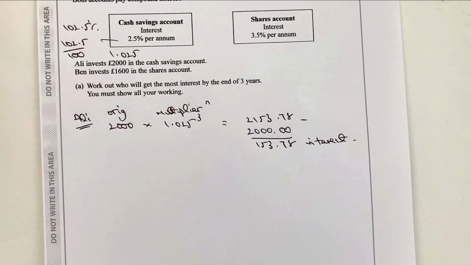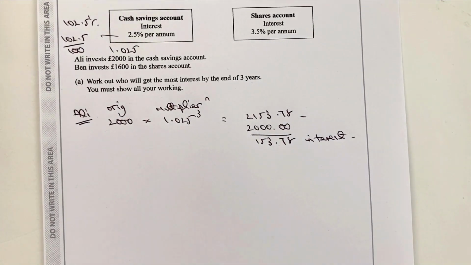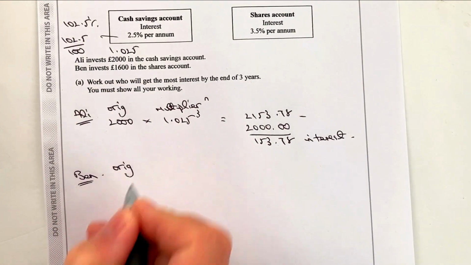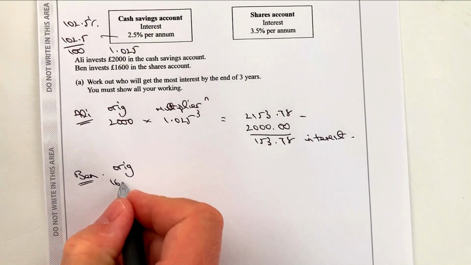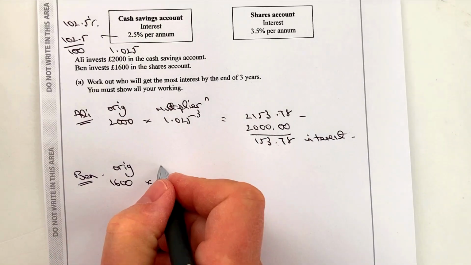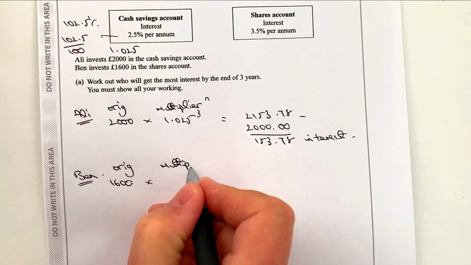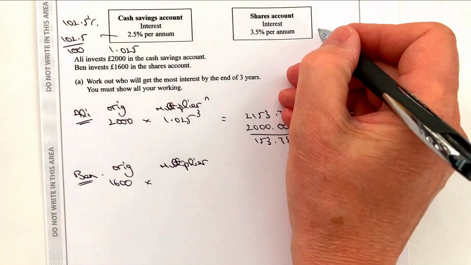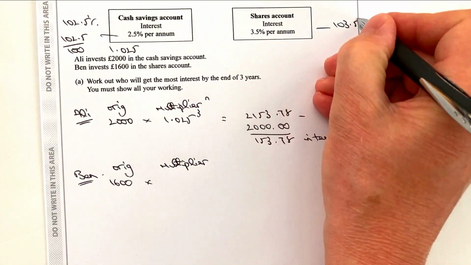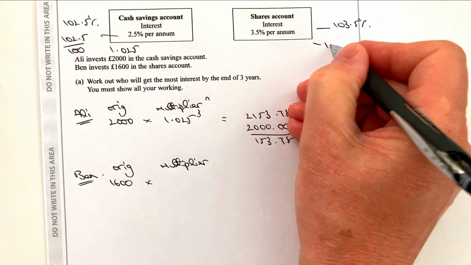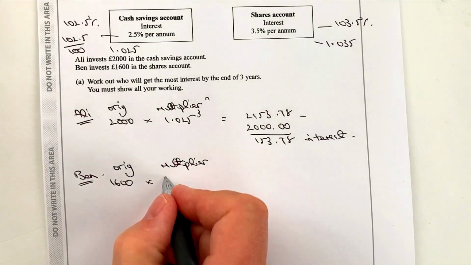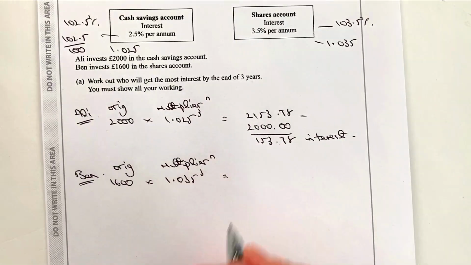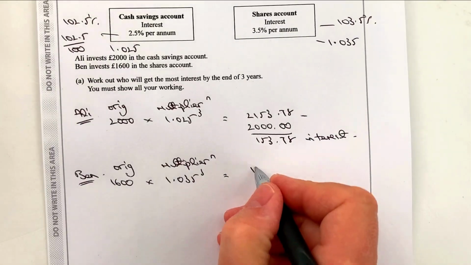And then pretty much we do exactly the same with Ben. So let's have a look at Ben's income. Ben is going to be, again, original, which in Ben's case is £1,600, multiplied by the multiplier. Now again, it's 103.5%, which as a decimal is 1.035. So 1.035, and again, the value of n is 3. Put that in your calculator and you're going to get